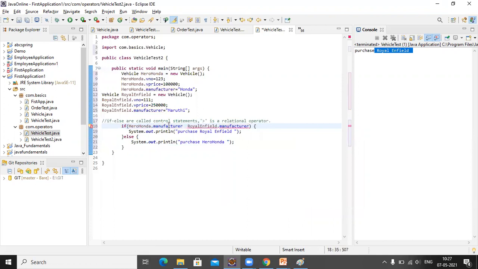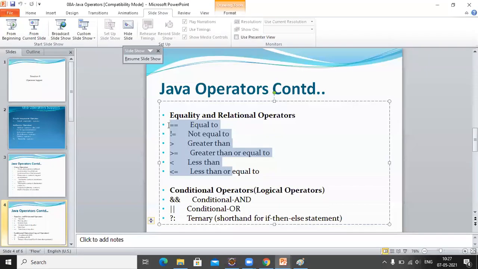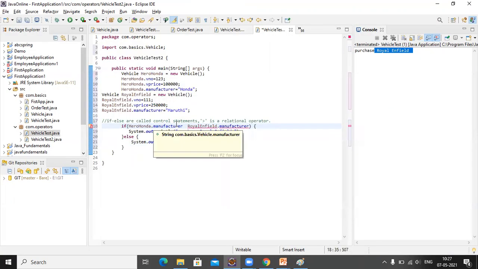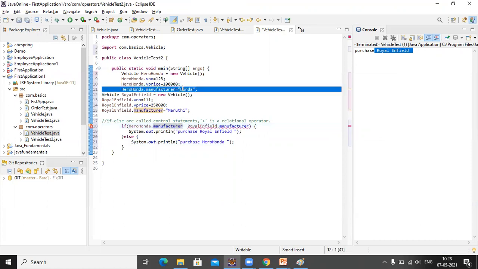So here usually we have an operator called equal to. Now this is the equal to operator, to check equality of values. But here we are comparing manufacturer, which is a string. So we can use the equal to operator for numerics only.